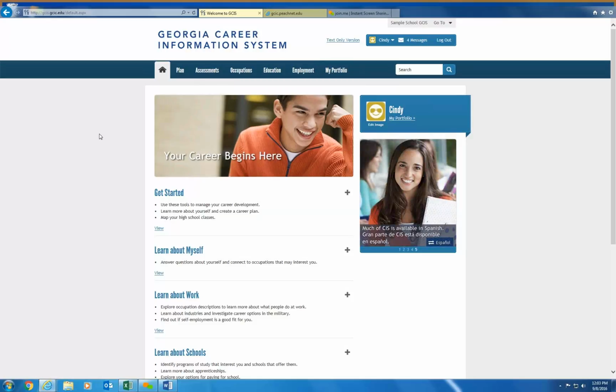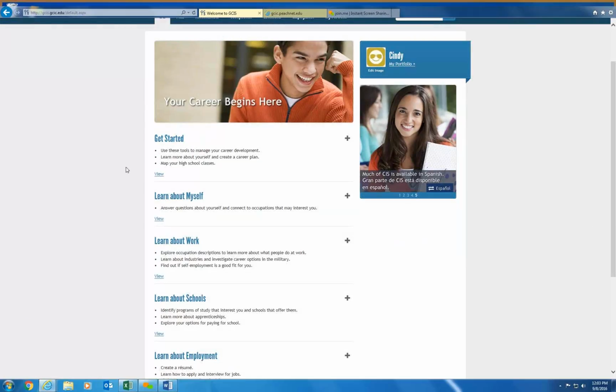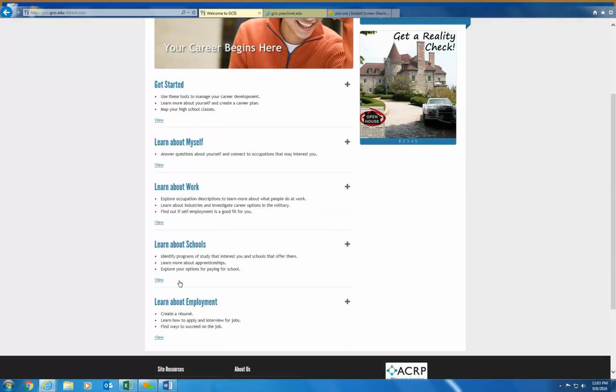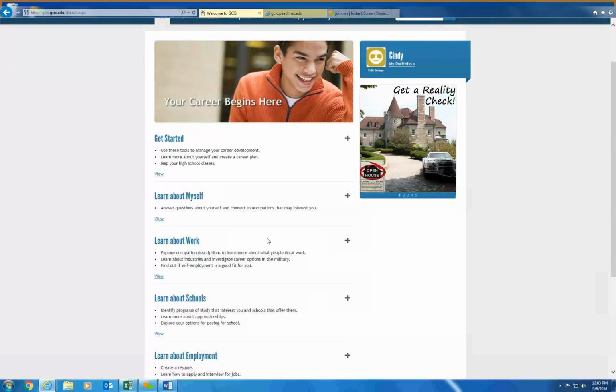And so when we cover each one of the milestones per grade level, we'll use this top-level navigation. Another way that you can navigate through the information on our system is via content areas. So your students may be looking at information that's just specific to getting started, learning about themselves, learning about work, learning about school, or learning about employment.